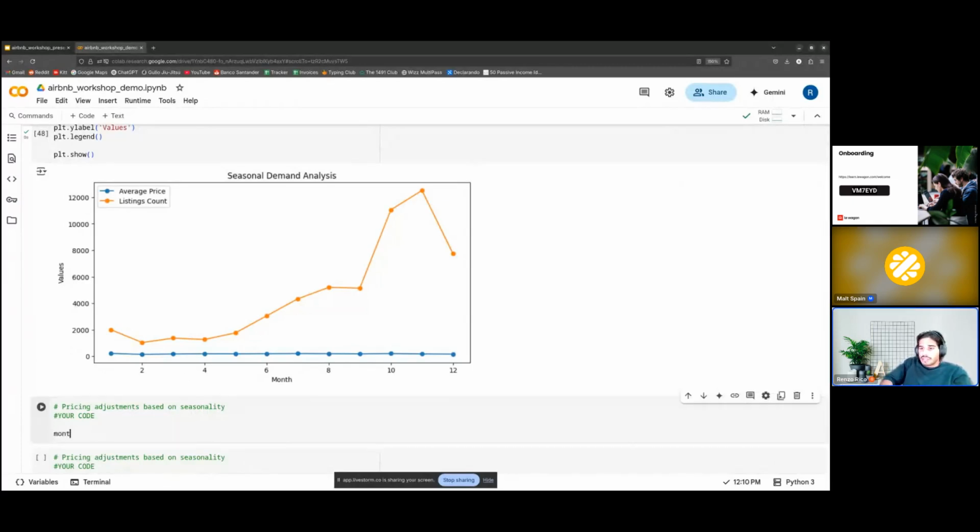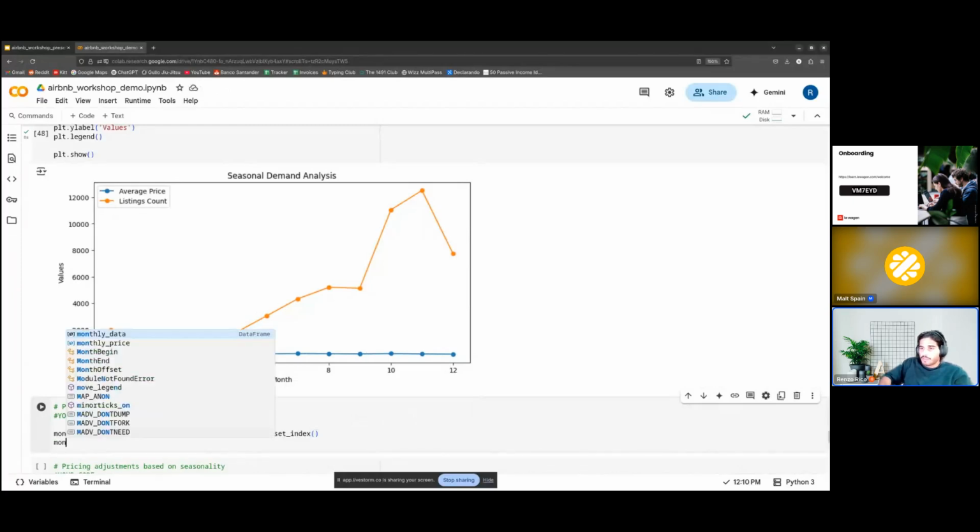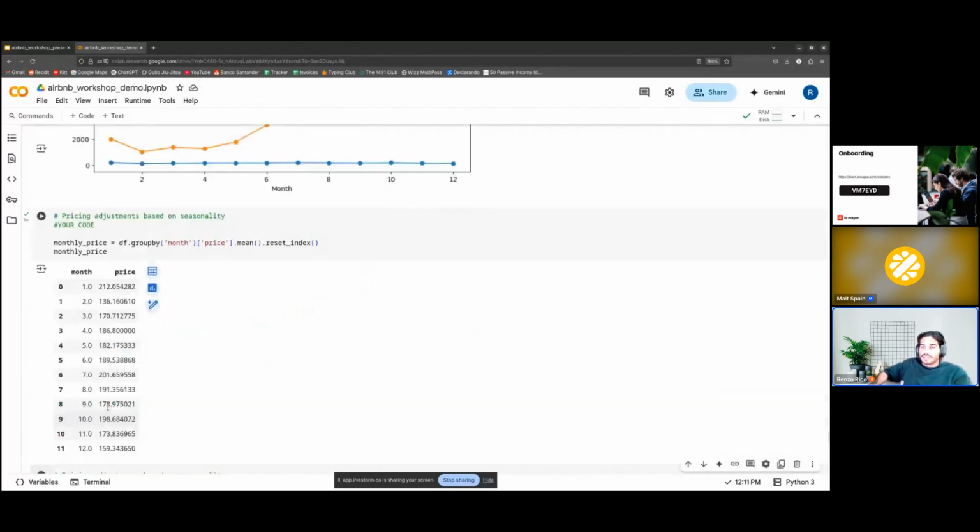Okay, so let's just adjust the pricing based on the seasonality. We just do df.groupby. We say here month by month, and we want to take the price only, mean, and then we reset index. And then if we check what is monthly price, we have this data frame